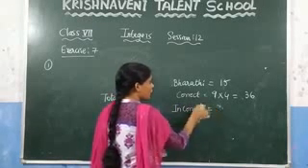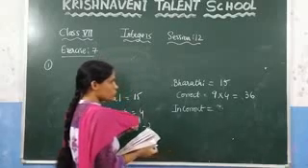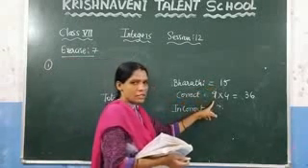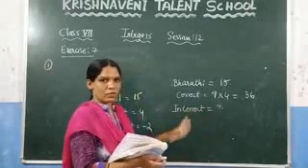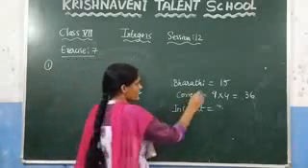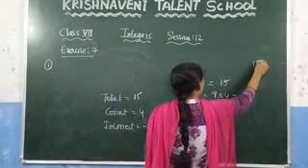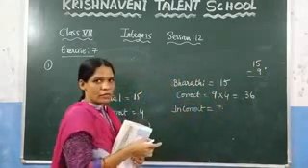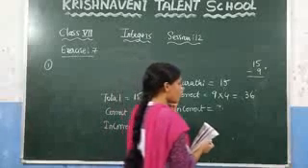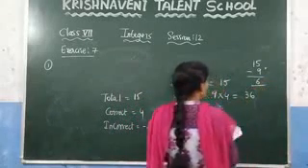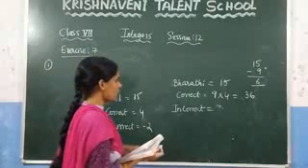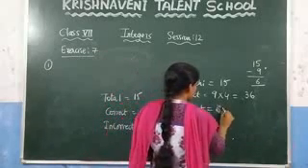If you want to calculate the incorrect answers, what we need to do? We need to subtract the correct questions from the total questions, then you will get the incorrect questions. So here, total number of questions are 15. In that, 9 she has written correct. So how many questions she will get wrong? Which is nothing but 6 questions. Right? You need to subtract these two values so that you will get the value which is 6. That means 6 questions she has written wrong.